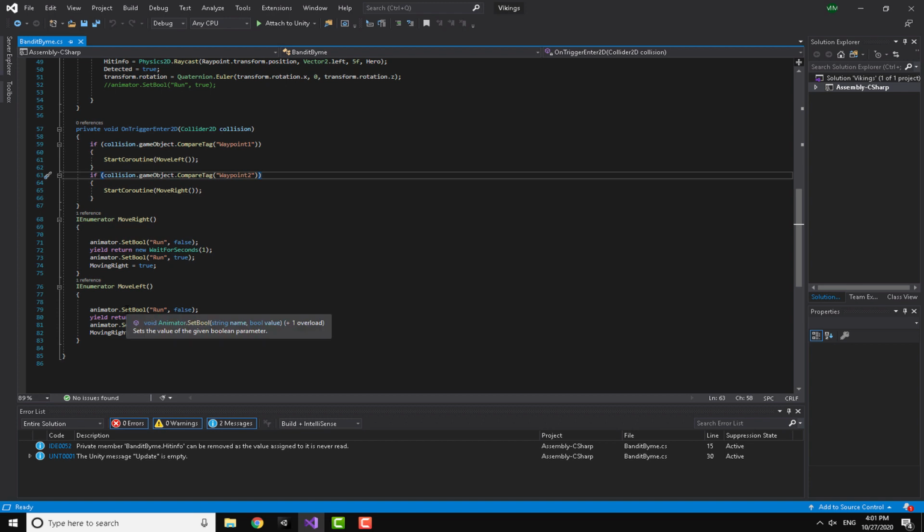So we are going to move left. So what does move left do? We will set the animator to false, because we want him to stand still. We do not want him to keep running in his place, right? And after 1 second or 2 seconds or 3 seconds, in my case it's 1 second, we will return the animator to true. So we want him to run again, and we will set the moving right equal to